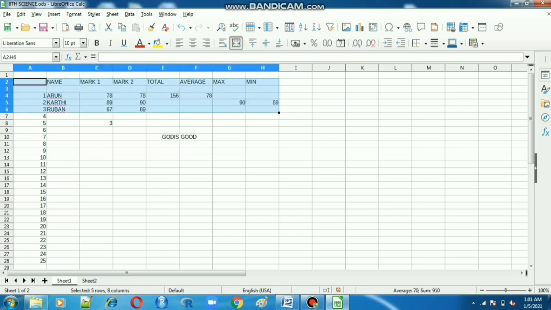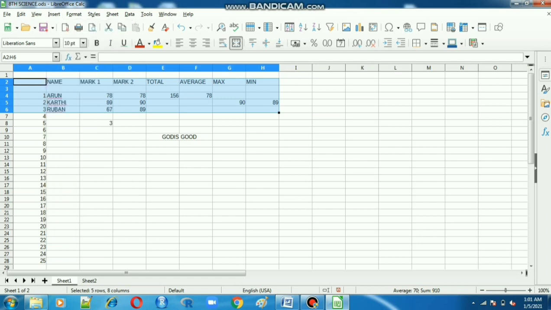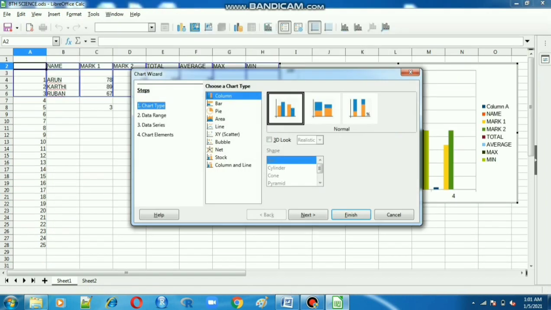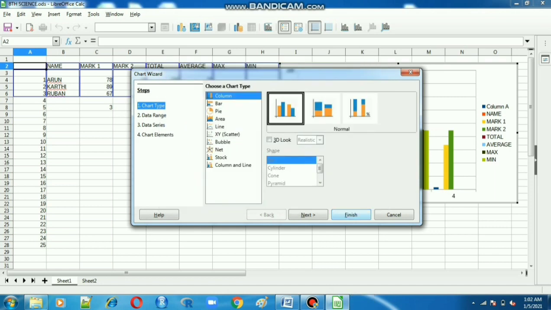Just click here itself, click and drag, up to however much data you entered in the worksheet, and select everything. Then go to the Insert option, there is a chart. Which chart you need, here itself many different types of charts are there: bar chart, pie chart, column chart, area chart. I have to select a column chart. Finally I have to click Finish.